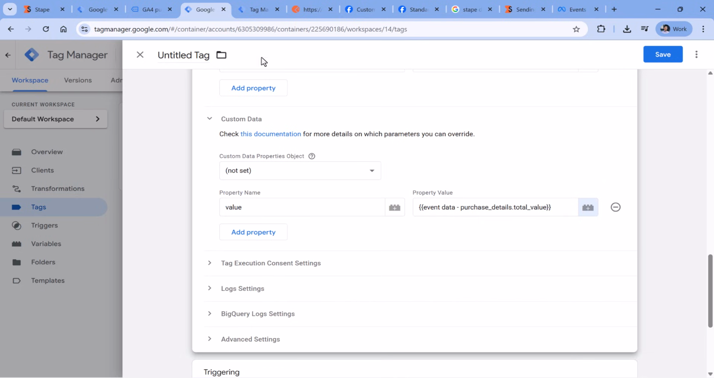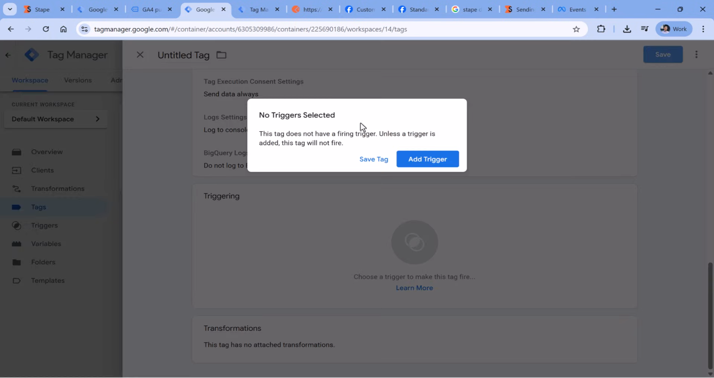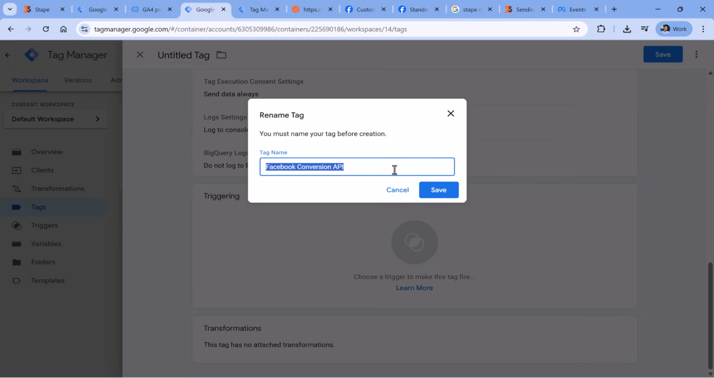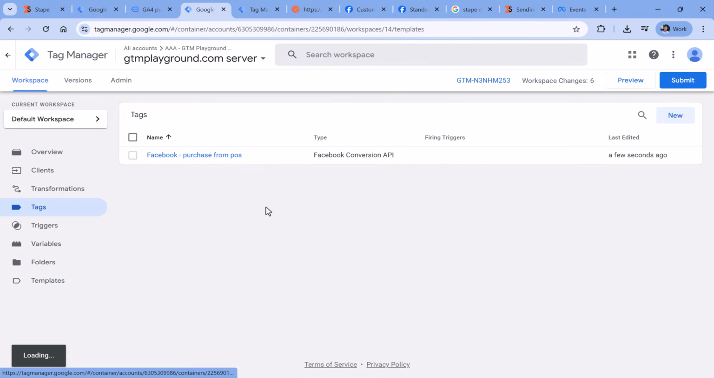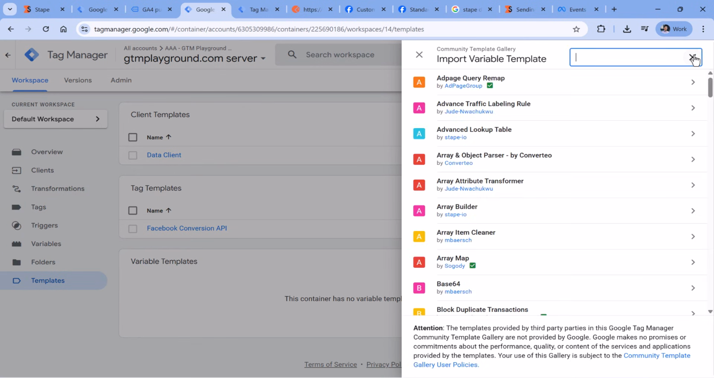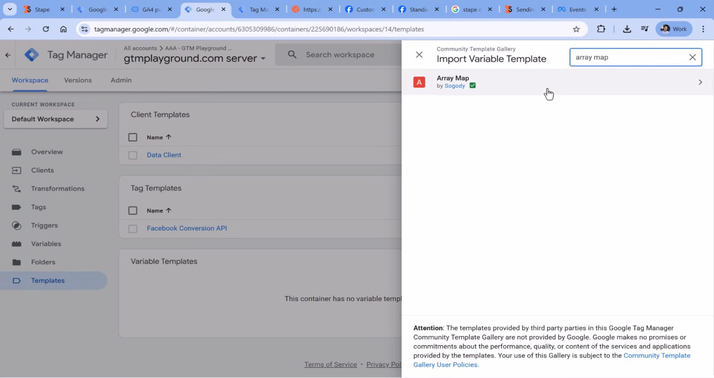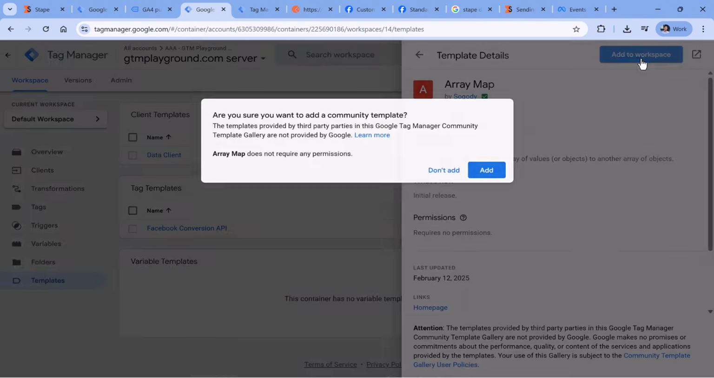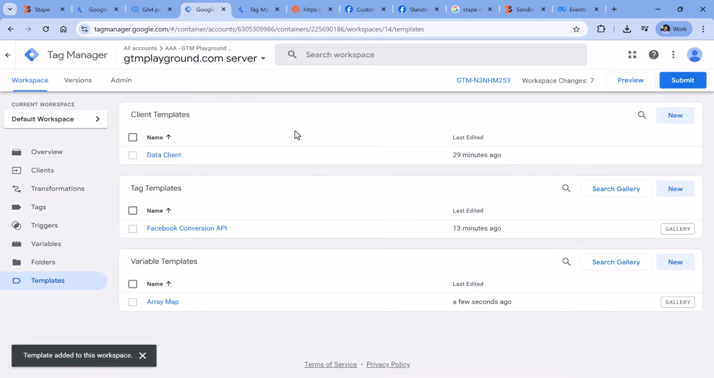So for now, I will just save this particular tag without a trigger. Maybe let's call it Facebook purchase from point of sale system. And then let's go to templates. Then in variable templates, click search gallery, and then search for array map and add this template. Click add to workspace, add, and then let's